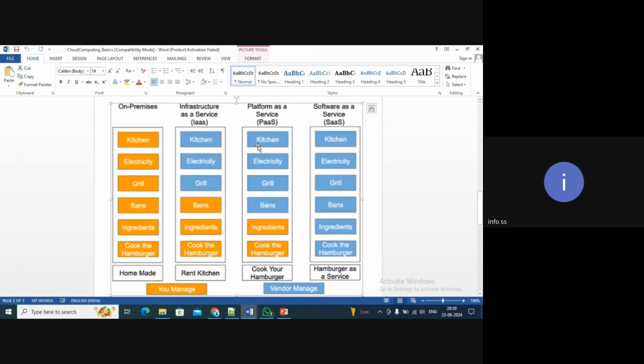In simple terms, for your reference, suppose you take a homemade burger. Homemade burger means it is like on premises. Everything we have to take care of. You should have kitchen, electricity, grill, buns, ingredients, and we have to cook the burger. That is like homemade, that is like on premises. Infrastructure as a service means, like say,